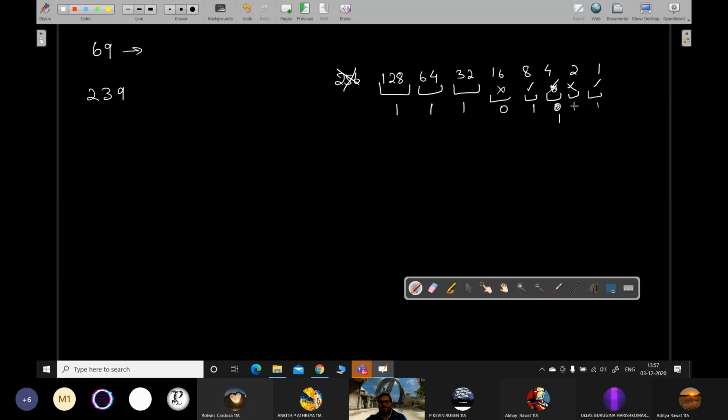It will be 1 0 1. I think. Sir, 2 also will be included. 2 कैसे हो जाएगा? 2 भी include होगा क्या? Sir, it will be 232 plus 4 plus 2 plus 1. अच्छा 232. अच्छा this 8 नहीं होगा. Correct. So all numbers except 16, sir. All numbers except 16. Yes, 8 will be there.